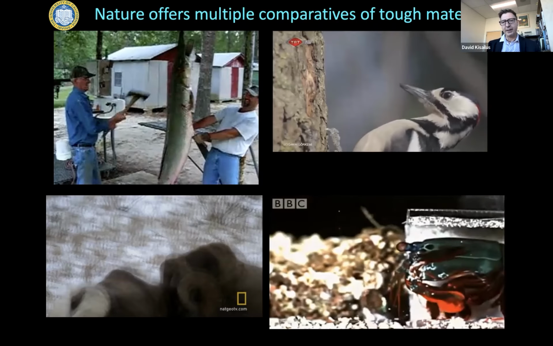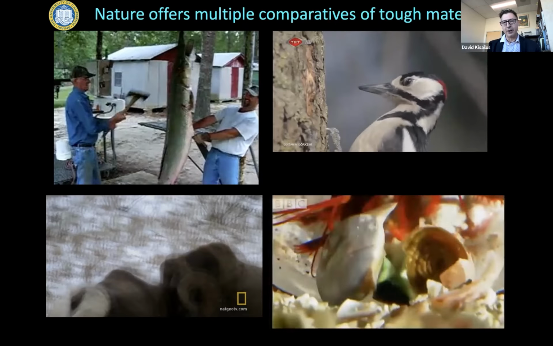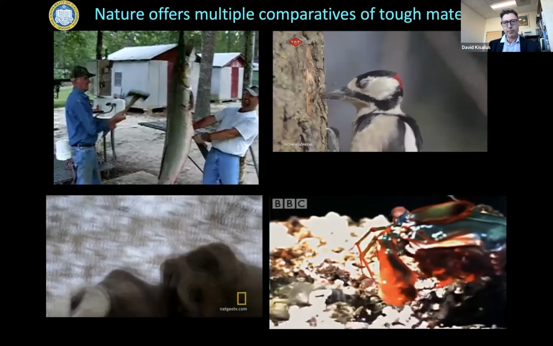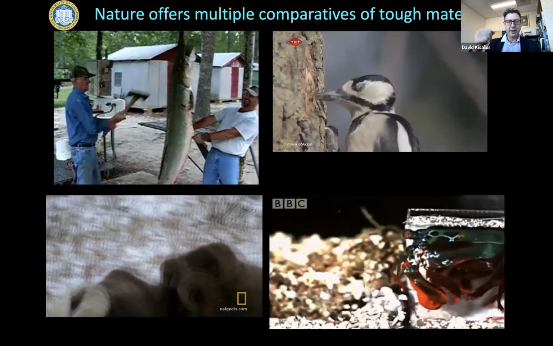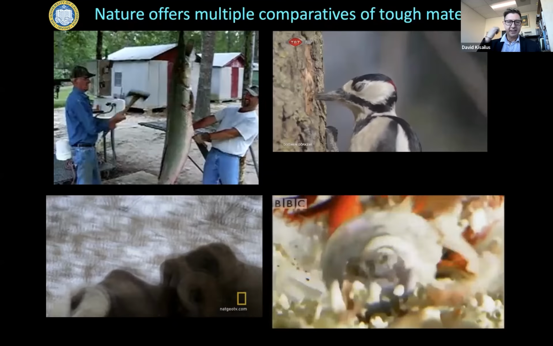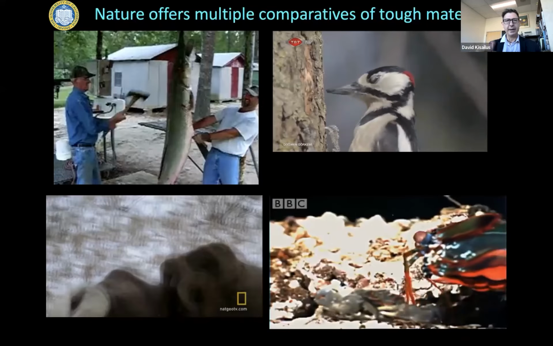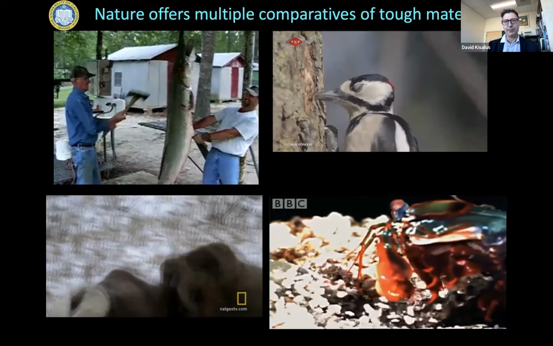And then the last one in the lower right is something that we actually have in our laboratory. These are called mantis shrimp. They're little crustaceans about 4 inches long that use these arms to smash their prey, and they can smash thousands of times without breaking. And I'll talk more about that as I go through.